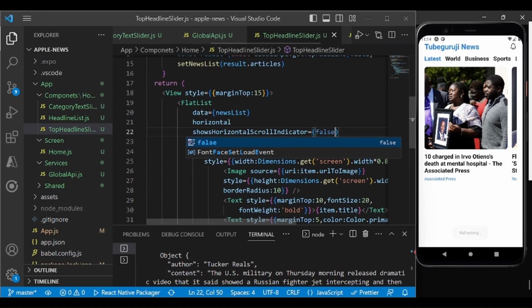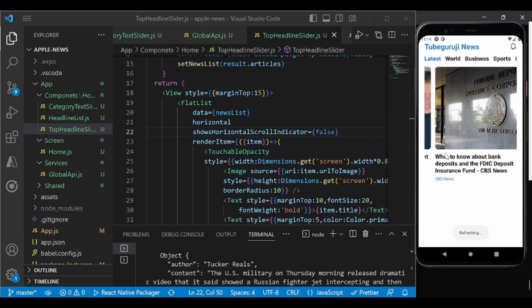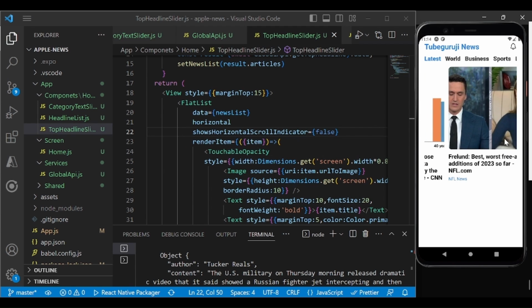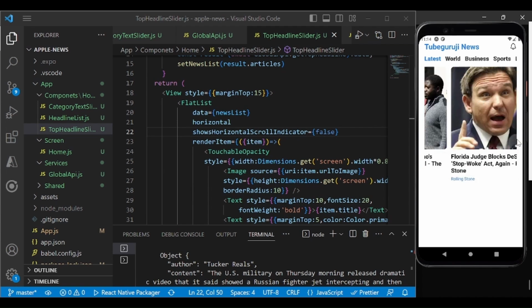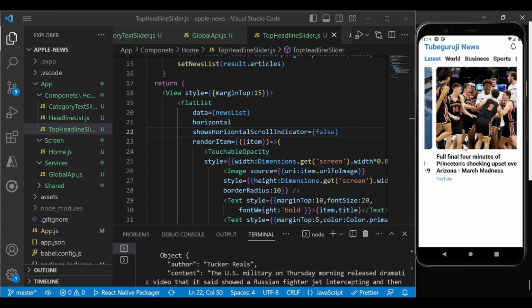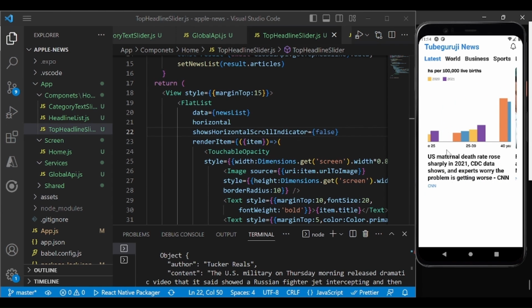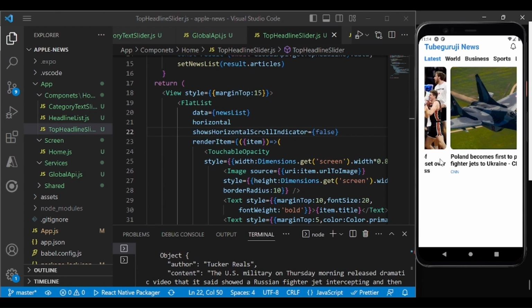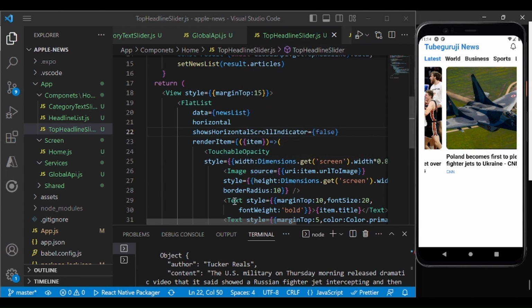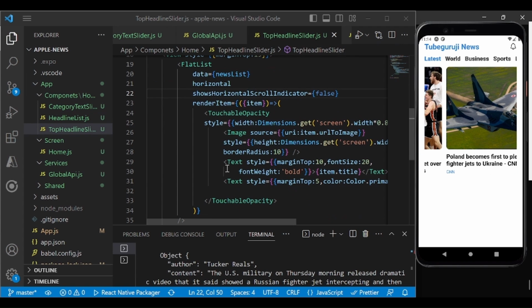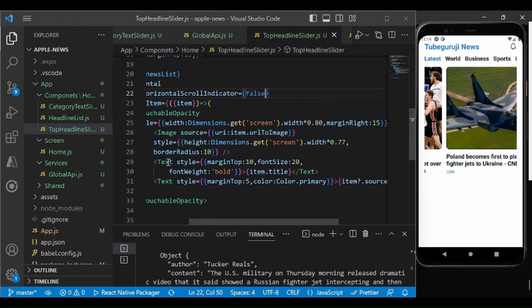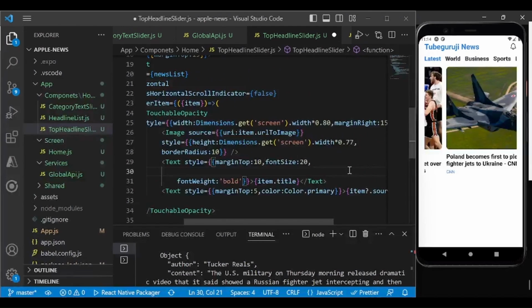Perfect. And save it, and see, it's not showing anymore, right? Perfect. You were able to crack the code, right? Now one more thing you face here, right? Somewhere it is showing 4, somewhere it is showing 3, and the layout gets changed. Yes. So in order to avoid that, in this text, you can define the number of lines you